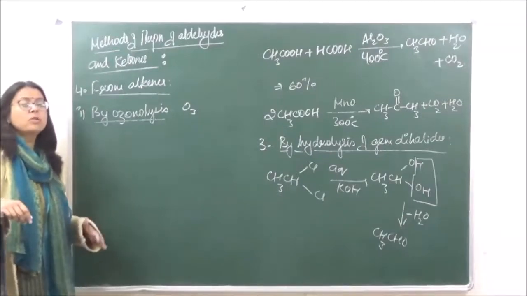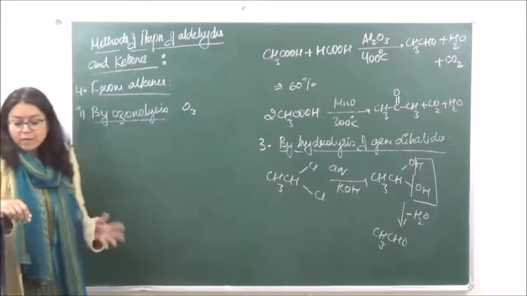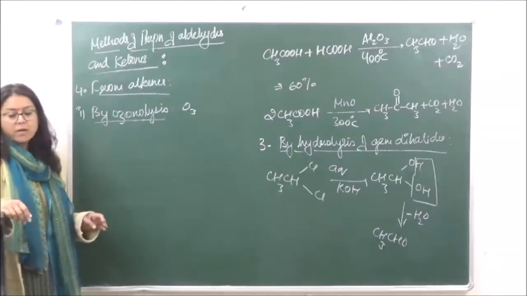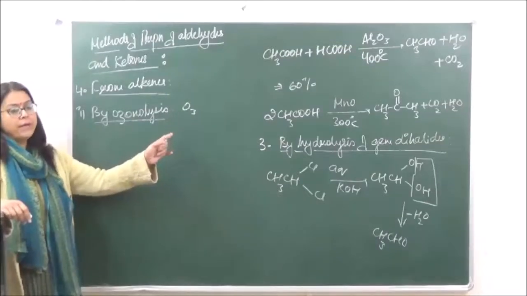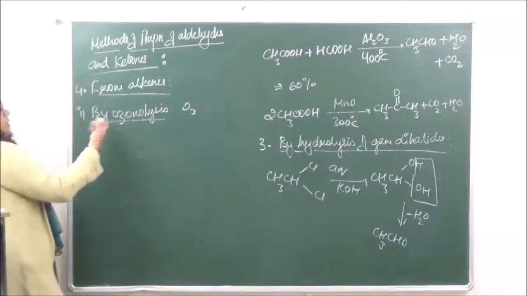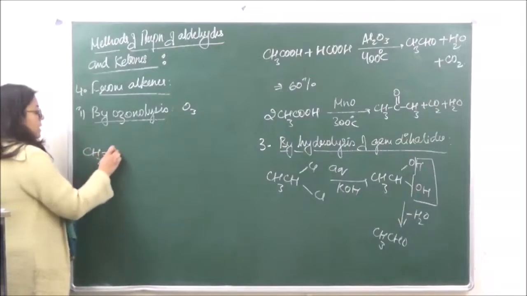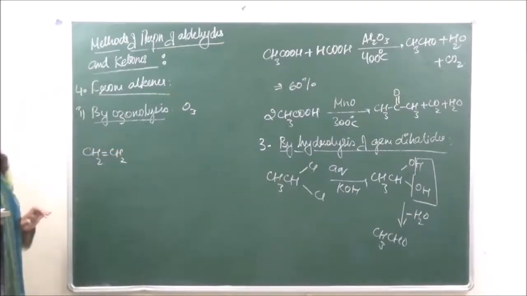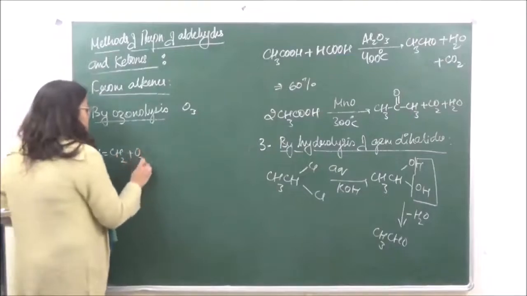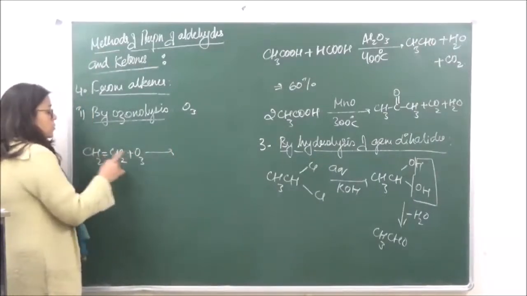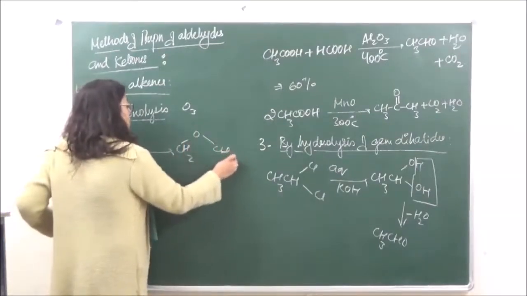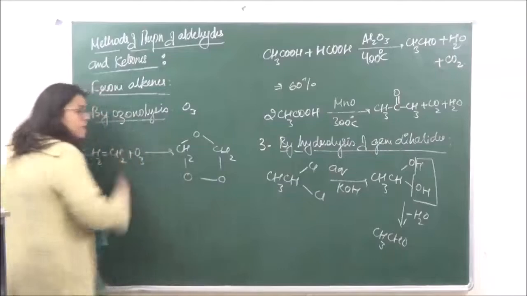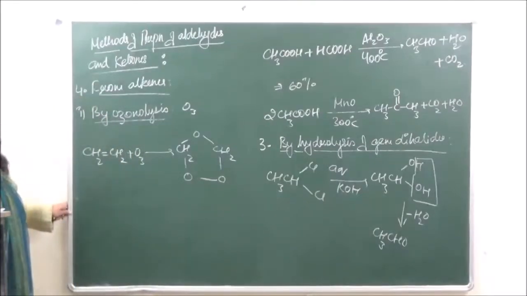So first of all we are going to dissolve the alkenes in the inert solvent, and after that at low temperature we are going to subject that solution to a stream of ozone, right? Let's see the mechanism of this reaction by taking a very simple alkene, the first member of the homologous series. So if we are adding ozone, oxygens will add around the double bond. So we have over here CH2O. This is how the oxygens are going to attack. But remember that the oxygens will only attack at the double bond.